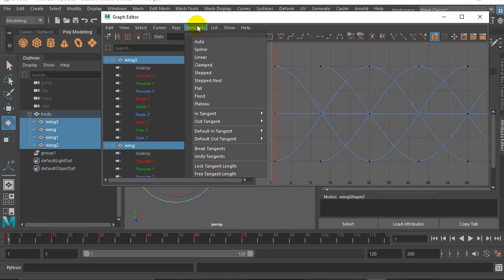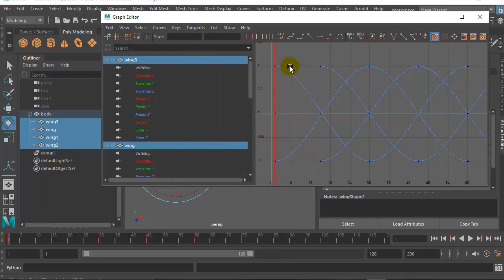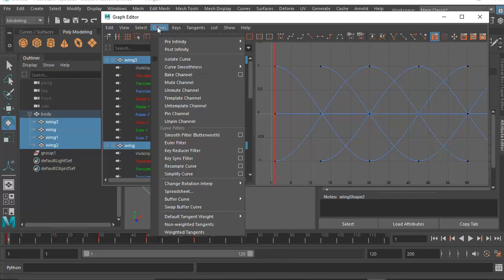We've covered this in another one. So these nice round tangents mean nice soft movement, and that sort of eases in and eases out, and that's what we really want for wings. I think we could tweak it, but not for this exercise. This is pretty straightforward. I'm going to go to Curves and choose Post Infinity, and all this does is